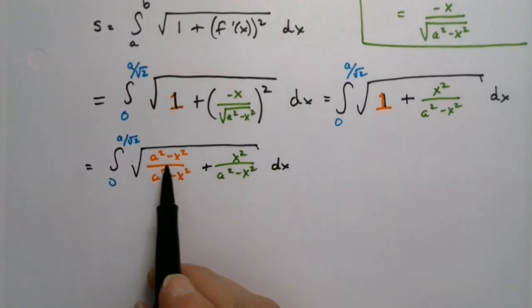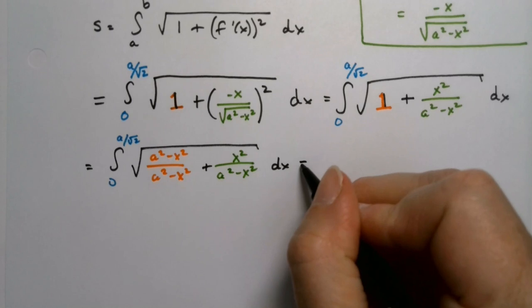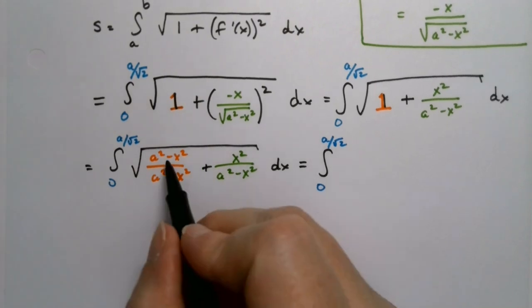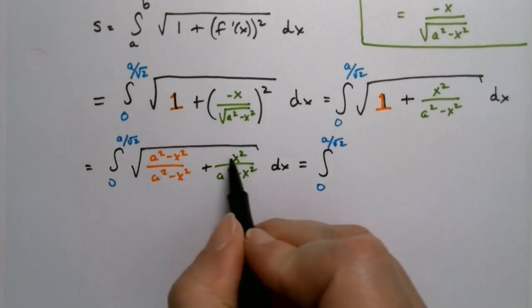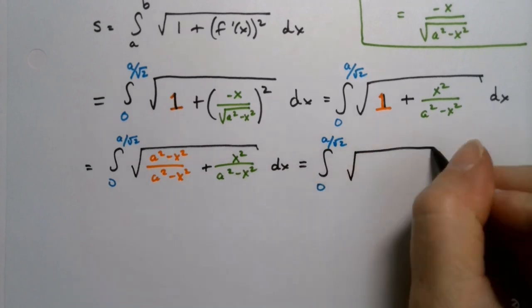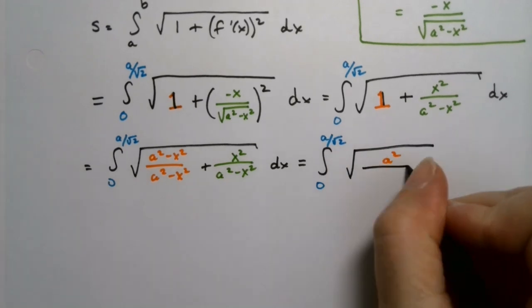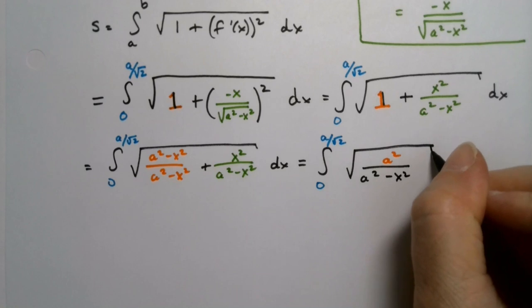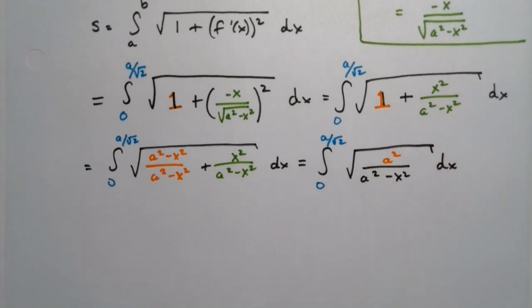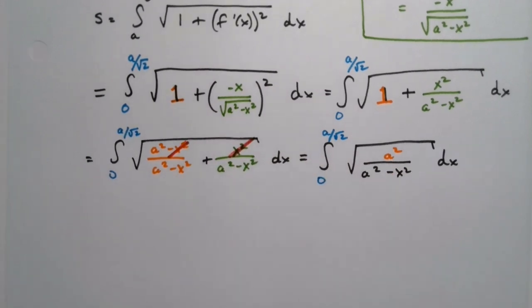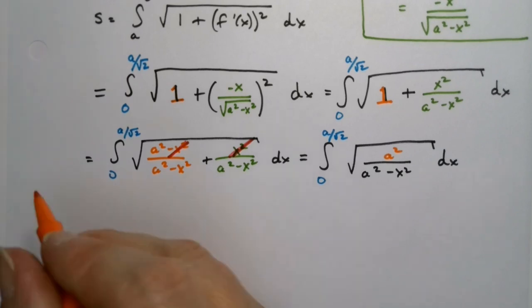All right, well, when you add these up and combine like terms, that would be equal to the integral from 0 to a divided by the square root of 2. When you add these up, it'll be a squared minus x squared plus x squared, which is just the square root of a squared, divided by a squared minus x squared dx. In other words, negative x squared and a positive x squared disappear. All right, lovely. But the square root of a squared is a, so I can just pull that out. So I can make it a times the integral